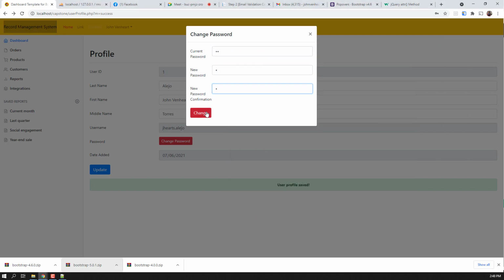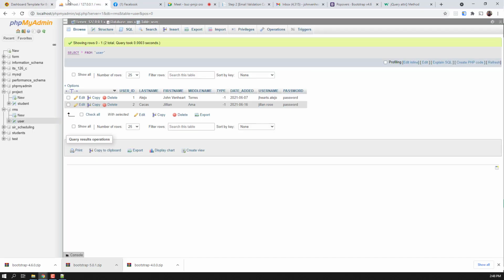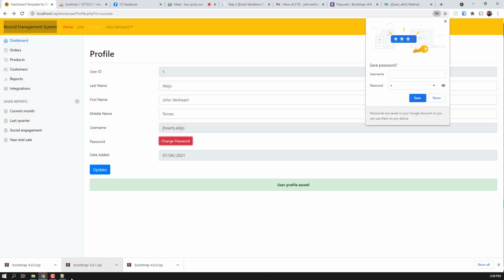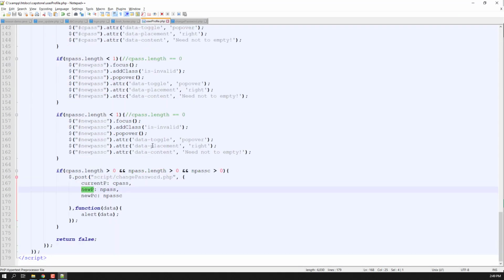Okay. So not found. We all know already that our password in our database for JRS at Alejo is password. So when we type here password, change, found. Okay? So if found, that means it is okay, and it will now proceed to change. But if not found, what we're going to do is have a signal that will make it an error. So, going back to the user profile,